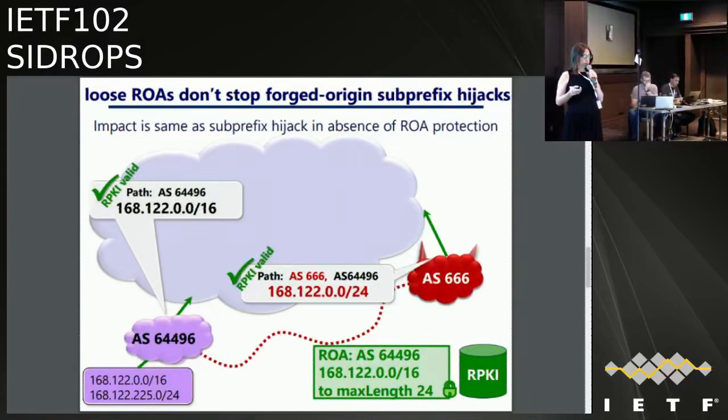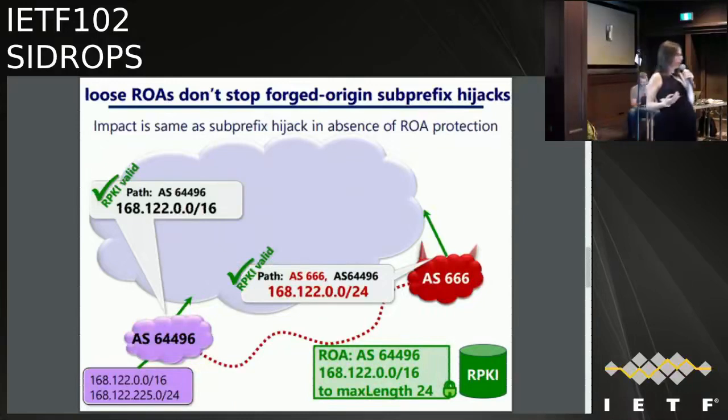So with a forged origin subprefix hijack, the impact is the same as the exact subprefix hijack that I showed you before. Okay, the number of ASs that would fall for this would be the same. The reason is because this is the only path to this subprefix in the internet. Okay, so the fact that you've made the path longer doesn't matter. It doesn't slow anyone down. It doesn't make it less attractive for anyone. It's still the only way to get to the subprefix. This path will win. So this attack is really bad. We don't want this attack.